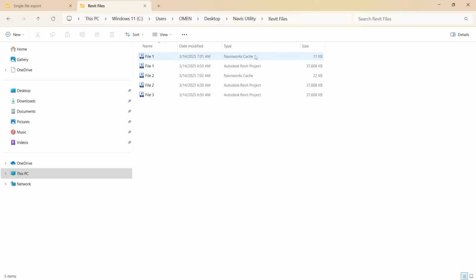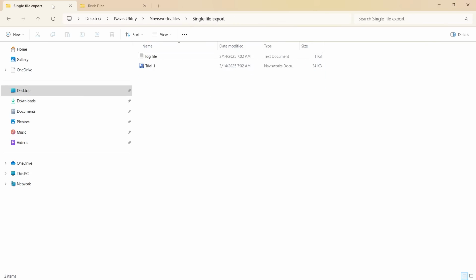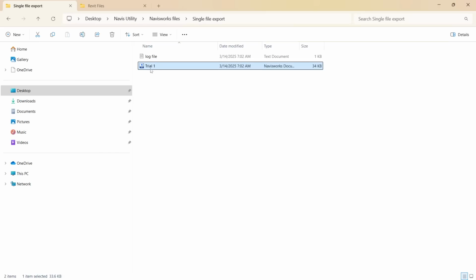So here you can see Navisworks cache files are created inside the original file folder. These are cache files. So inside a Revit file folder, we have cache files. You can see file 1 to... Navisworks cache files are created. Now you can see in the Navisworks single file export, we have only one single file,